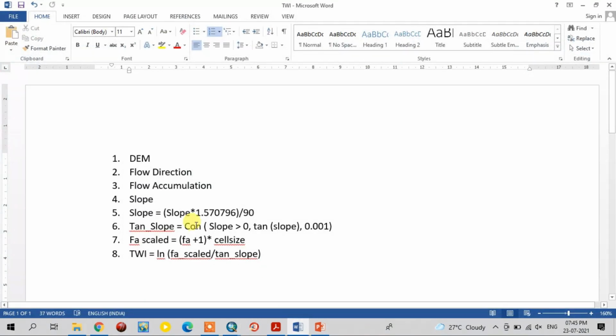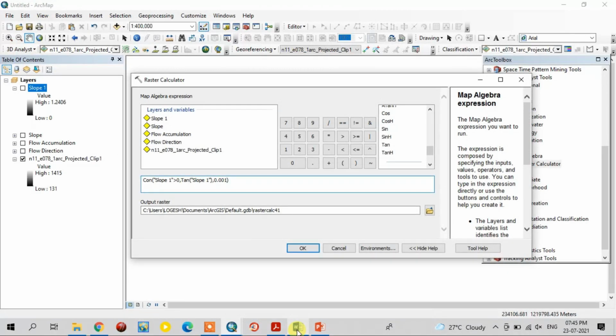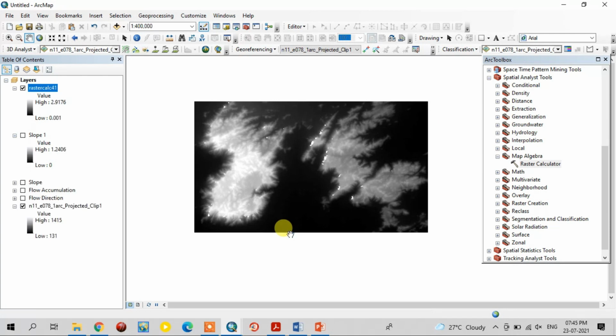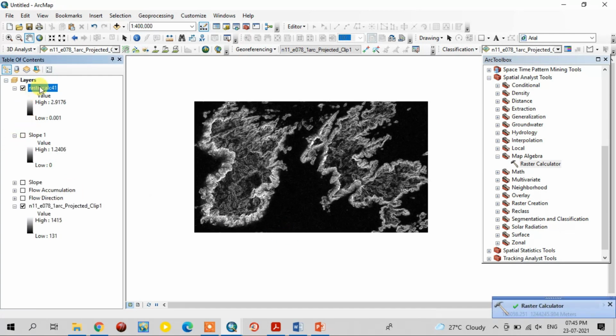See, conditional slope greater than 0, tan slope, comma 0.001. This is the formula for creating the tan slope. So just run this. See, this is the tan slope map.